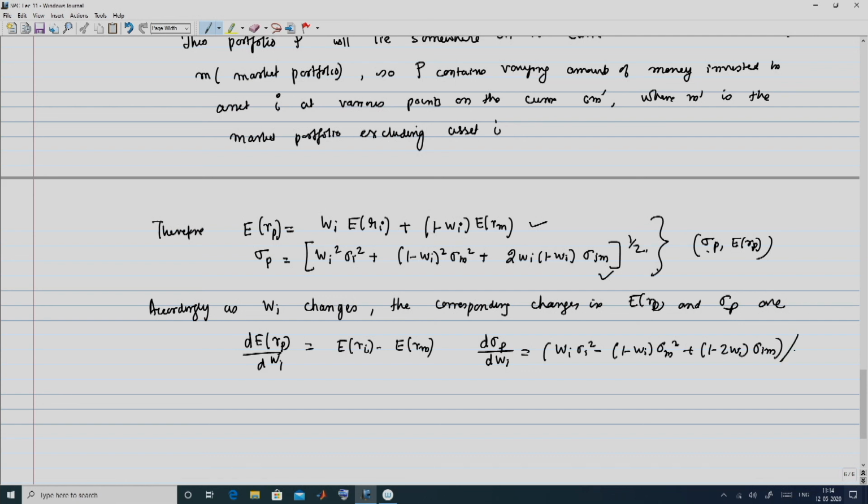So, after some algebra you get this expression divided by sigma p. Now that we have the proportional change of the return and risk with respect to the ith asset,